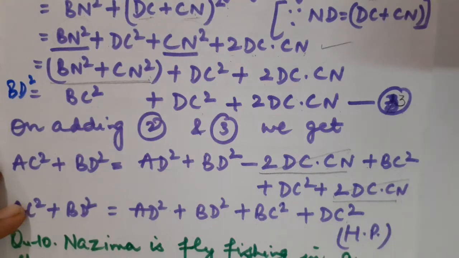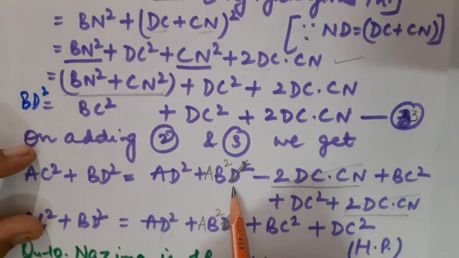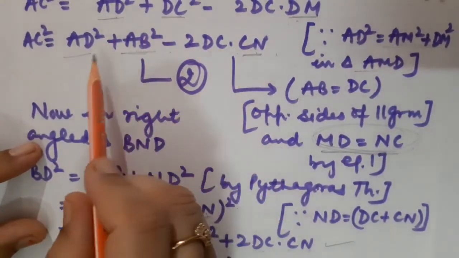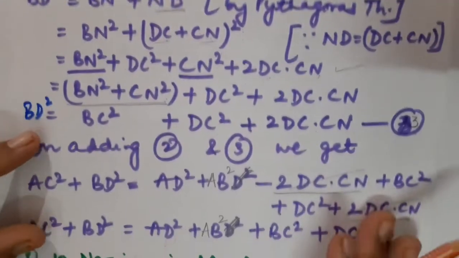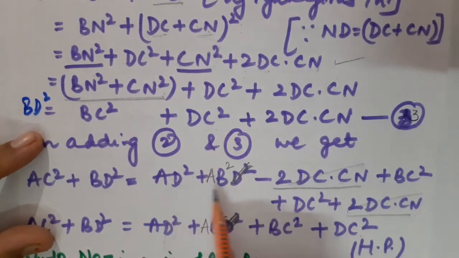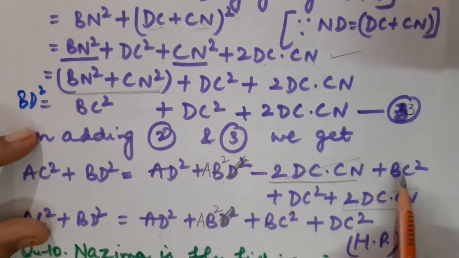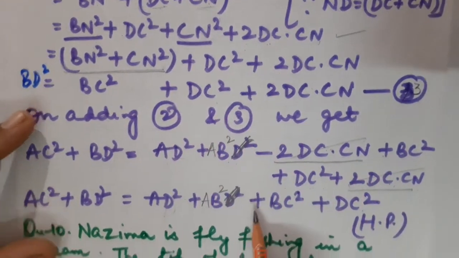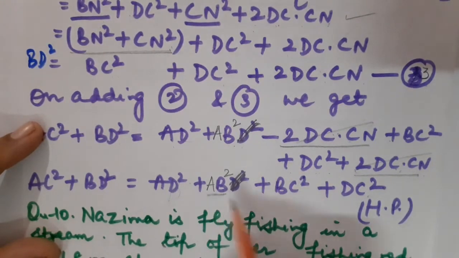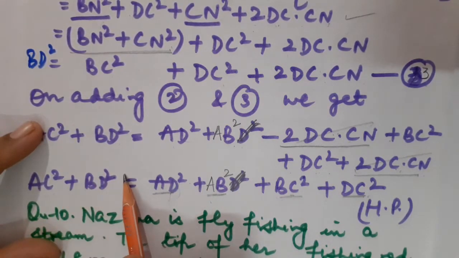Clear? Beta, by mistake here I wrote BD square. See, it is AD square plus AB square. It should be written AB square here. Okay. AD square plus AB square. This positive and negative with same expression, they are going to be cancelled. Here this is BC square plus DC square, correct? So I have got the same result. This is AB square plus BC square plus CD square plus DA square. These are the sum of the square of all the four sides of a parallelogram. They are equal to the sum of the square of their diagonals. So hence proved. Got it?